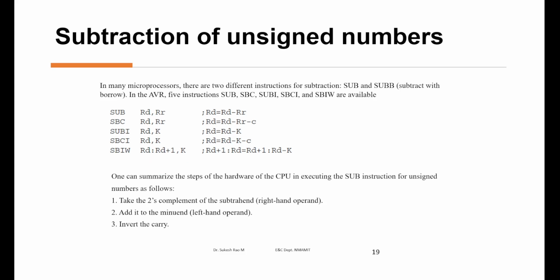So this does rd equal to rd plus 1, rd minus k. We'll look into this part of the instruction later. Let's look into the beginning of these 4 categories. So now what it does here is,